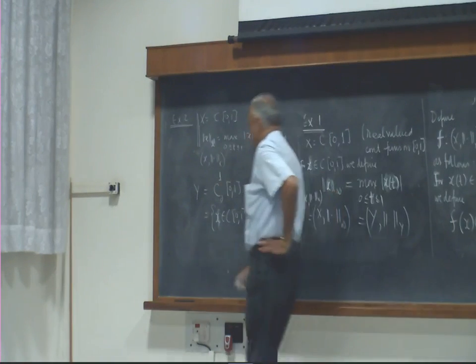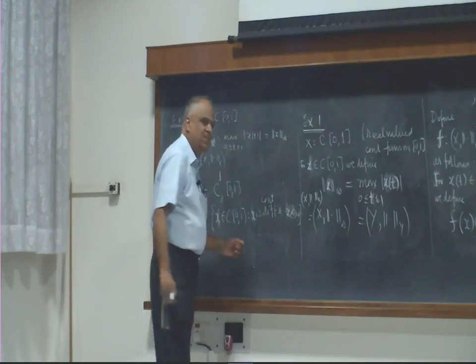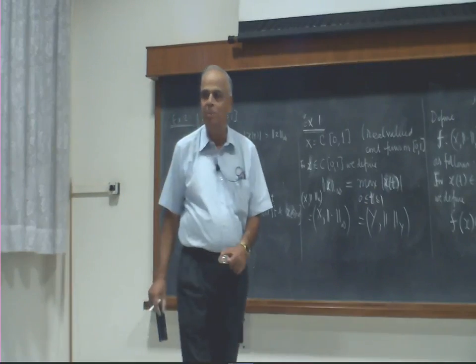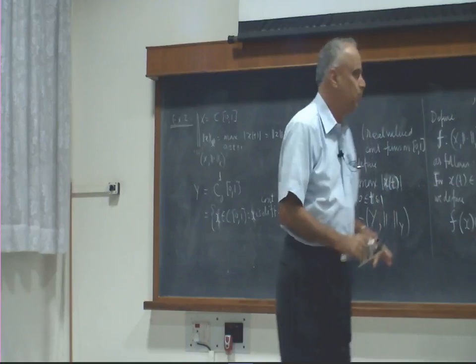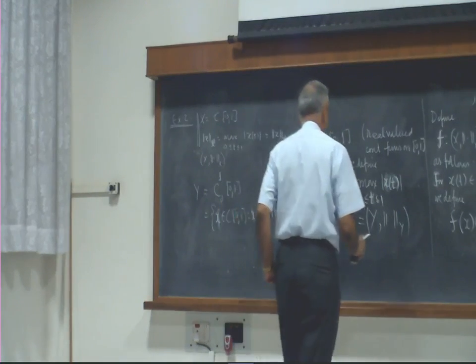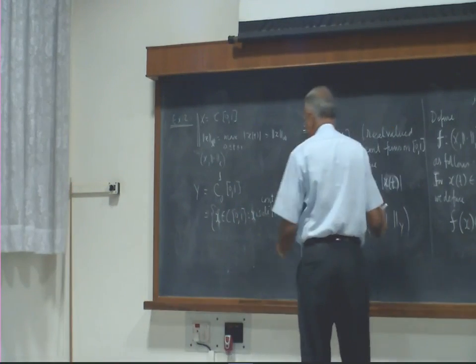So therefore these are the paths which you can draw without lifting the pencil. At every moment we know which direction we have to move because the derivative exists. Okay, so now